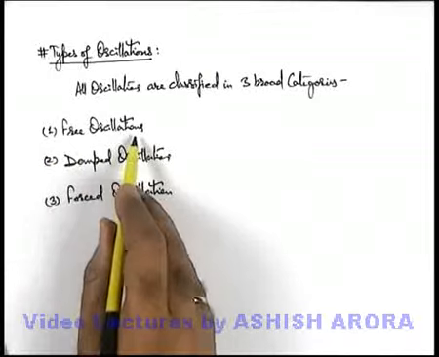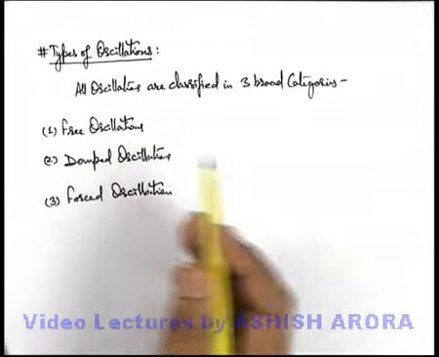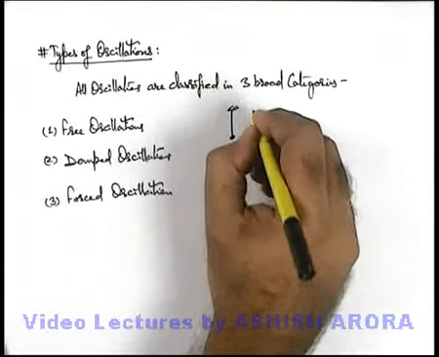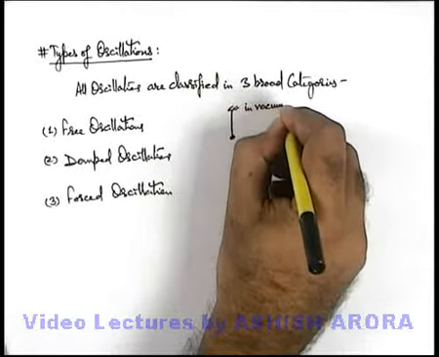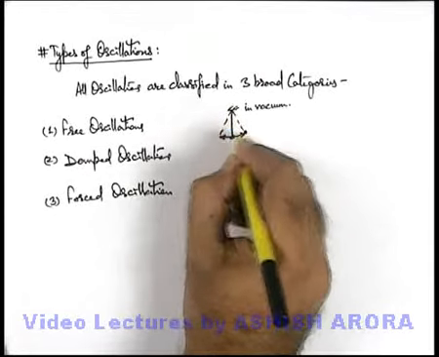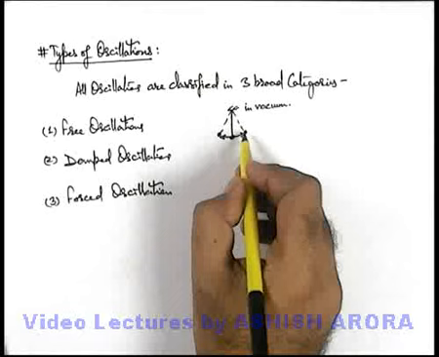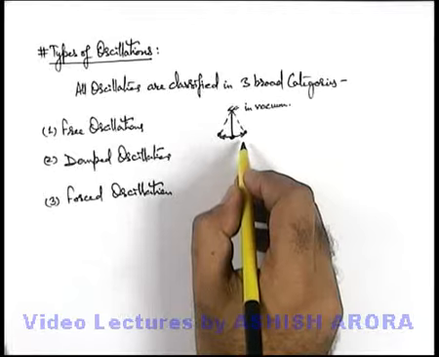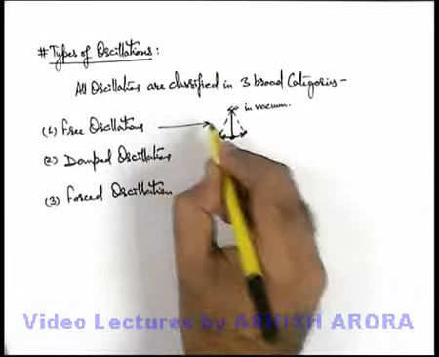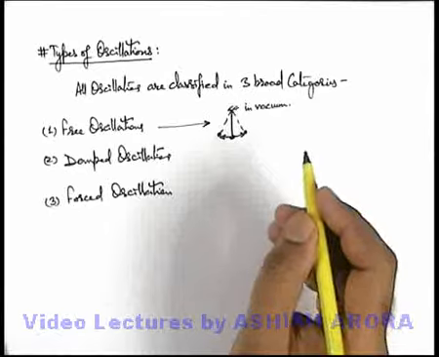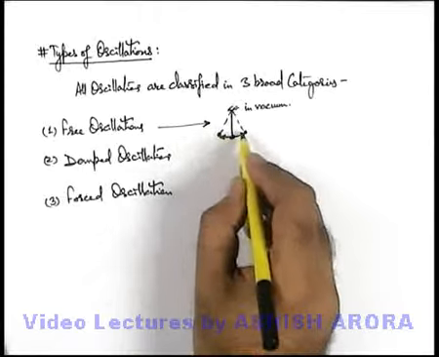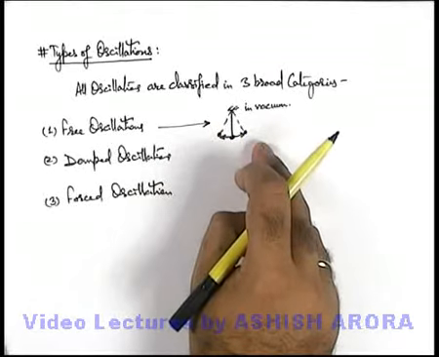Free oscillations are those which, once started, will carry on up to indefinite time. Like if we take a simple pendulum in vacuum, and if it is slightly tilted and released, it will start oscillating. This all of you know. And as in vacuum there is no air friction, if we consider ideal conditions, it will oscillate indefinitely. So this is a kind of free oscillation in which there is no effect of friction or damping, and no energy loss takes place. In free oscillation, only kinetic and potential energy convert into each other during oscillations.